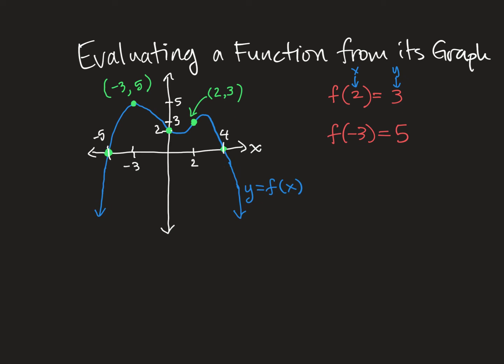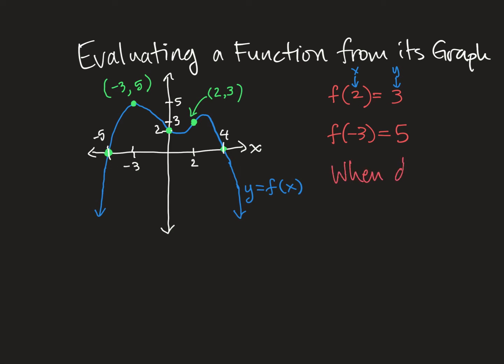Okay? Which means that anywhere I have an x value, that x value is uniquely paired with a y value. So here, when x equaled negative 3, there was just the 1 point where y equaled 5 and only 5. There's no other point on this graph where x equals negative 3. But that uniqueness is only one way, okay? Each x has to be uniquely paired with a y, but each y doesn't have to be uniquely paired with an x, which is an important distinction